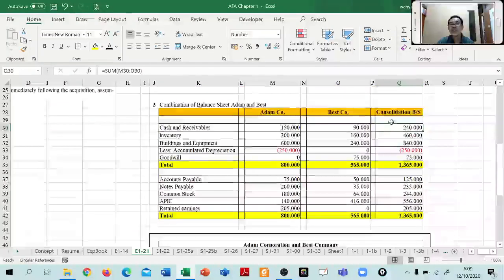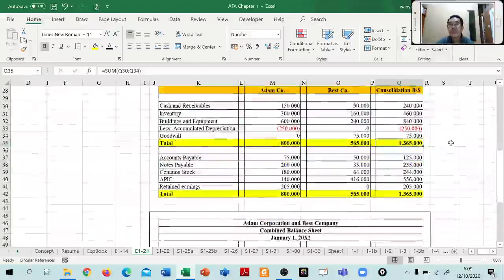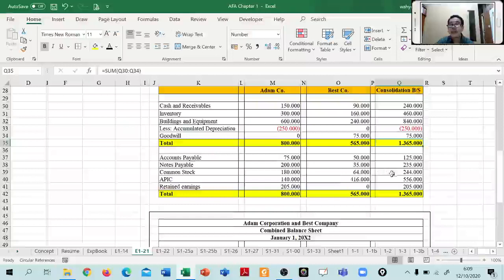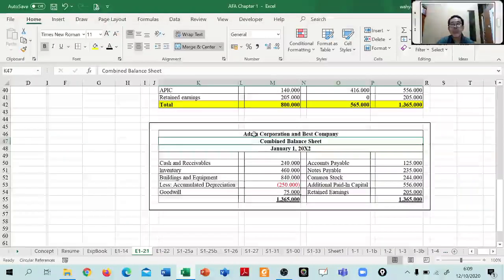So we get the total asset of the consolidated balance sheet, 1,365,000, which must be the same as the total of liability and equity, 1,365,000. Then we make a combined balance sheet of Adam company and Best company